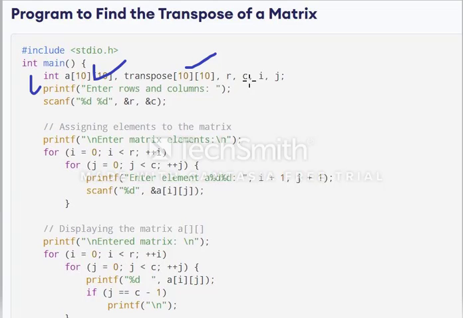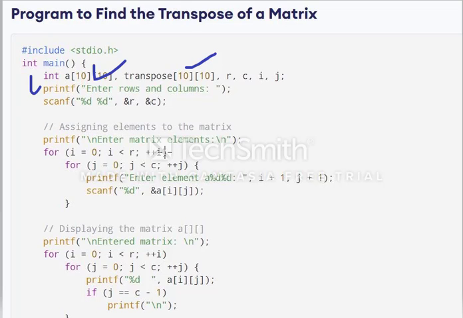Next, r, c, i, j are the variables I am taking for implementing, taking the matrices through the keyboard from the user. Here I am entering the rows and columns. You know the rules for addition of matrices or taking the matrices. Here I am entering 3 by 3 matrices, like 3 rows and 3 columns. You can take like that, otherwise 3 by 2 matrices or 2 by 3 matrices, the choice is yours.